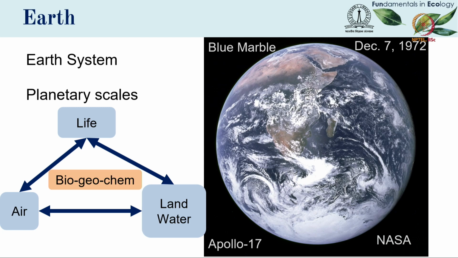So here's another picture of the Earth. It's called the blue marble. It was taken by the astronauts of the Apollo 17 spacecraft on December 7, 1972, and it's a very good representation of what we mean by the Earth system. In the bottom you can sort of see that there's airflow happening and there are clouds in the sky. There's ocean currents as well.